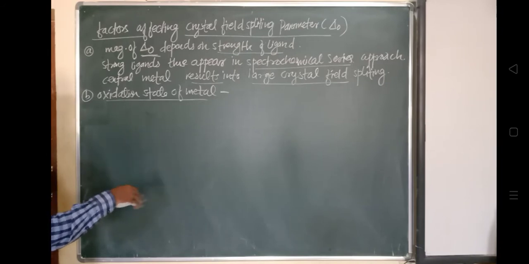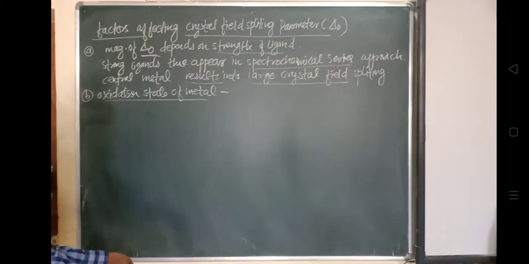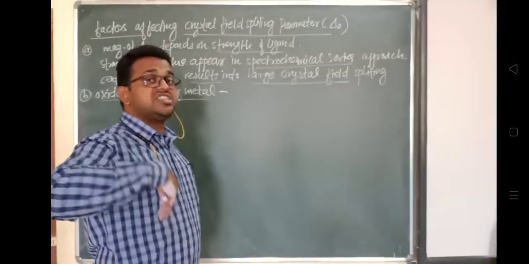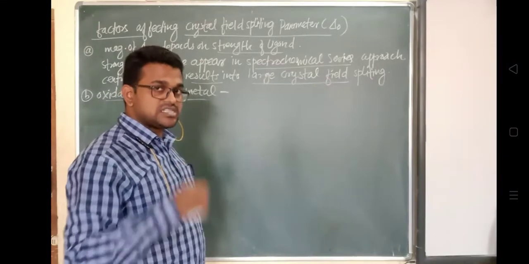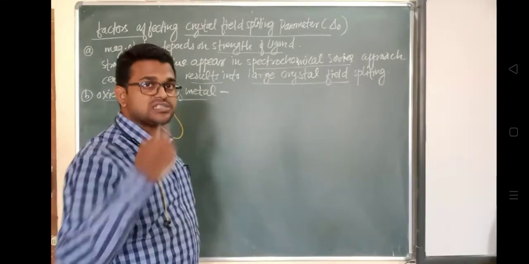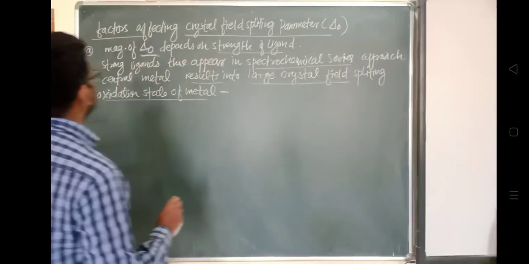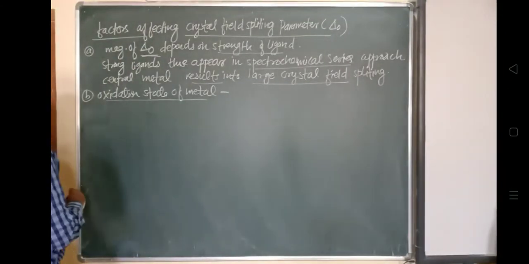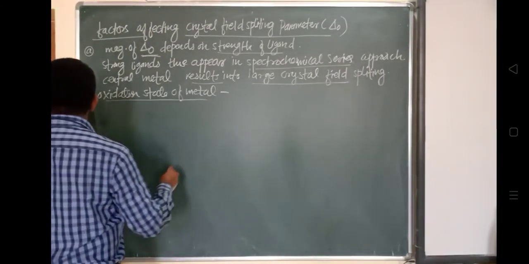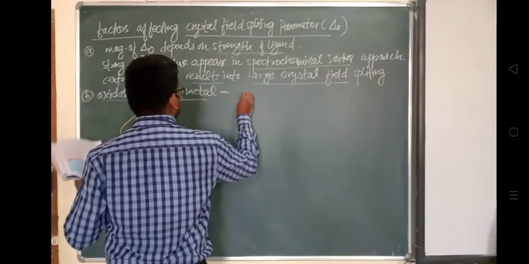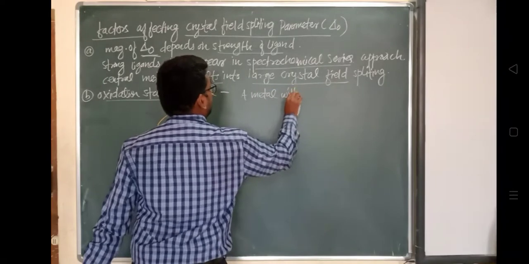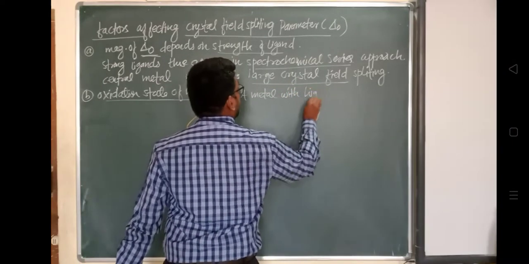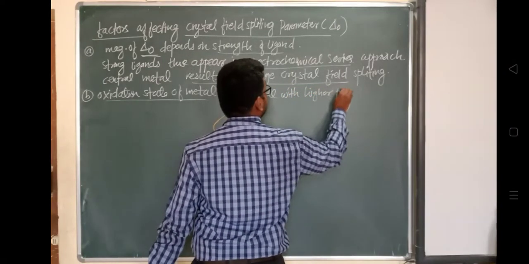Okay, so this is what I just said: the higher the oxidation number, the more electrons it can donate or accept. Meaning, it can come closer to the ligand. So the stronger will be the strength, we can say, of the ligand. So a metal with higher positive charge,